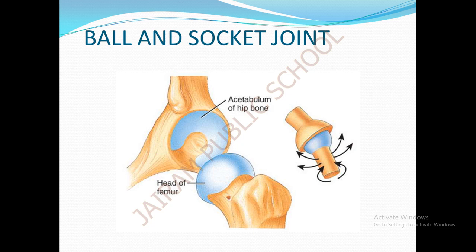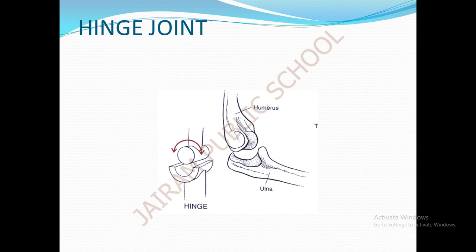We can move to the next picture. The next is the hinge joint. Look at the picture. This is the hinge, where this part is the fixed part and this part is the movable part. So only this part of the bone is able to move. This part stays fixed. This is an example of a hinge joint. The joints in our elbow, fingers, knees and toes show this type of movement.